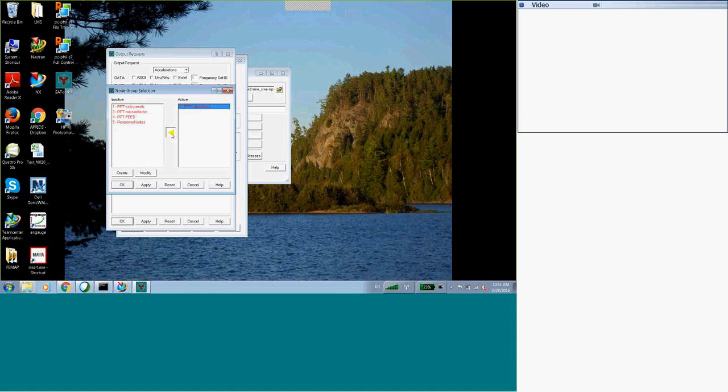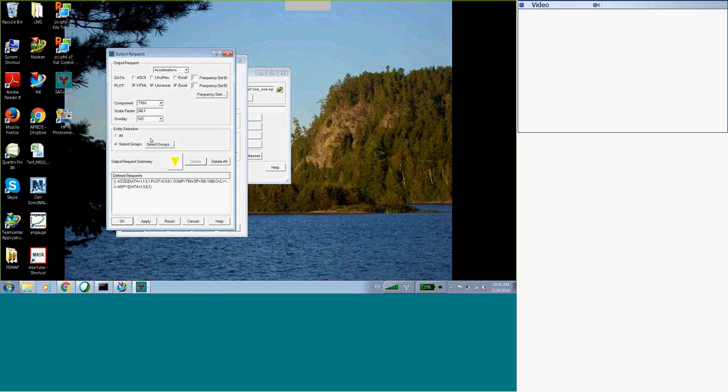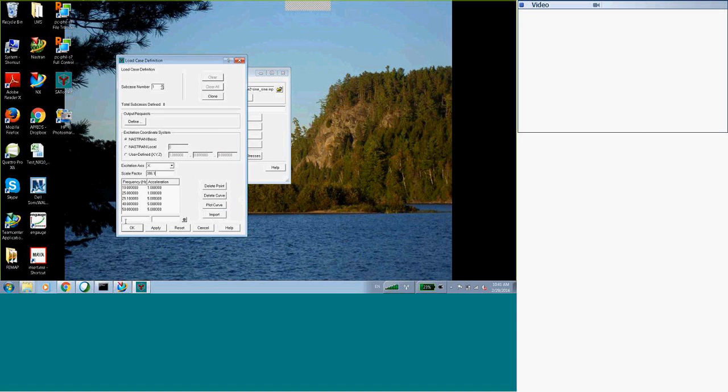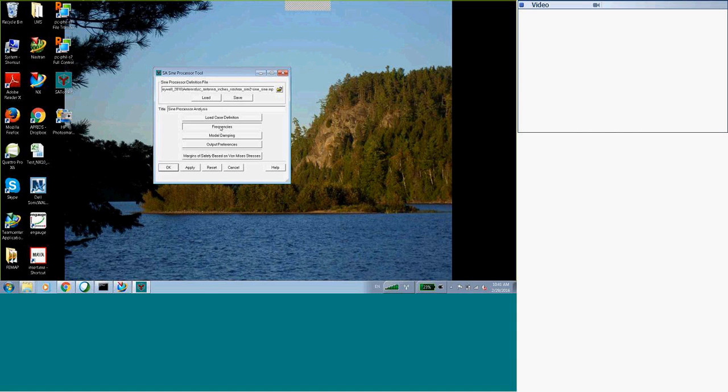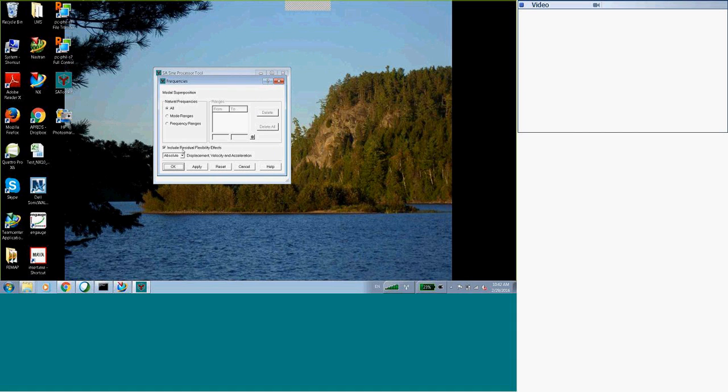For my groups, for response nodes, I have a group of nodes over the structure. So I've got 1 load case, 3 output requests. So I can hit definition. For frequencies, I don't think it matters, but I'll toggle off include residual flexibility factor here, so I don't think it makes any difference.